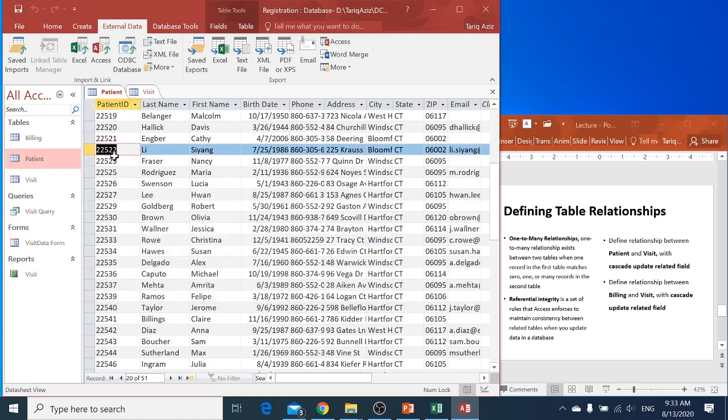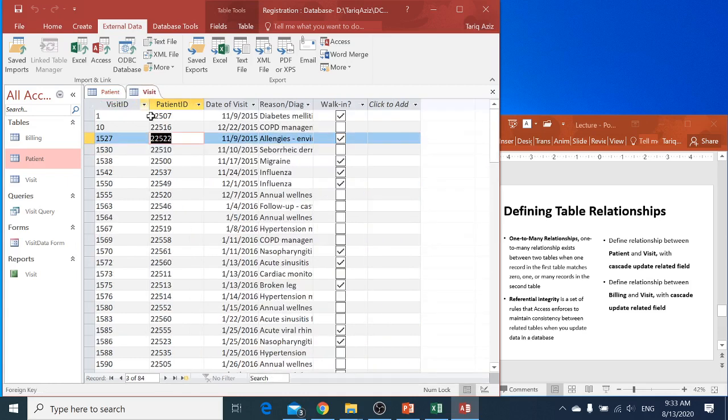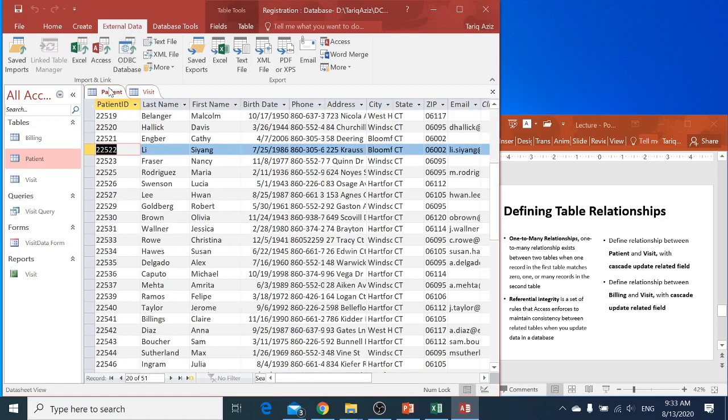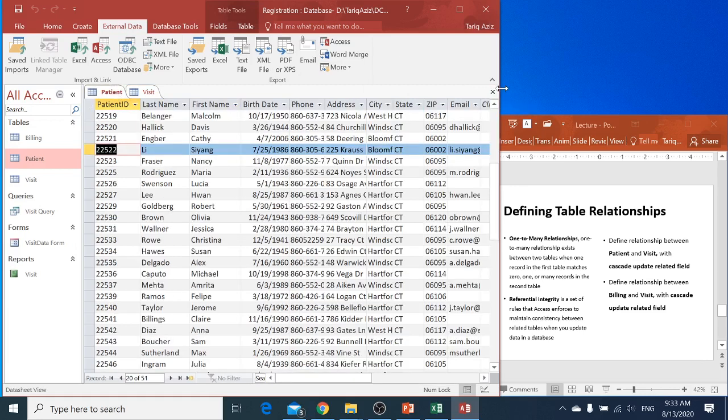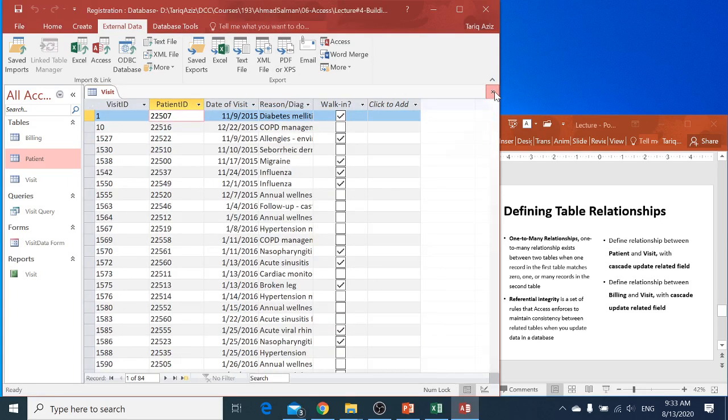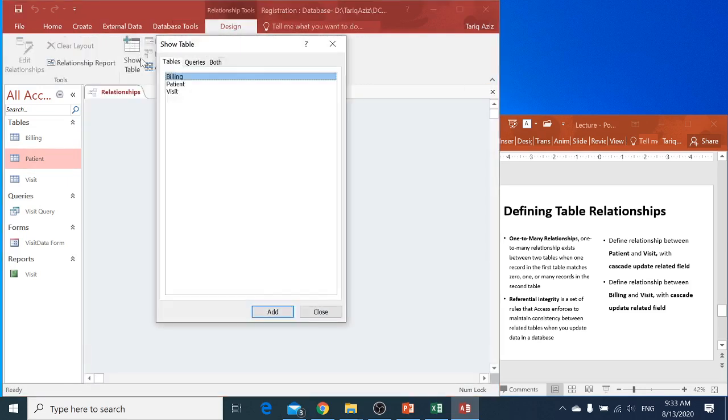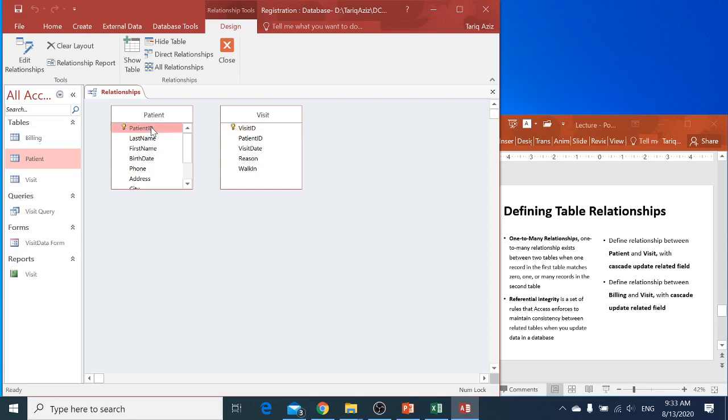You see here, Li Si Yang visited the doctor for allergies. Okay, so that is how patient is related to the visit. Now if you see, we have patient ID here and patient ID here. So let's go to Database Tools and Relationships, add patient and visit. Now click the patient ID and drop it onto the patient ID in the visit table